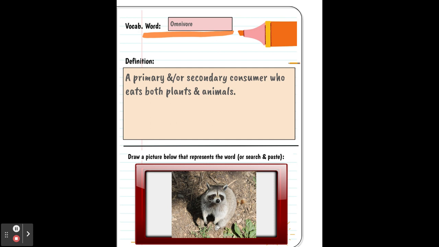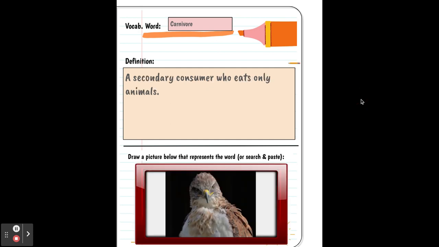A primary and or secondary consumer who eats both plants and animals. So Mushu, the manatee that we adopted at the beginning of the year, is typically classified as an herbivore because manatees dine on seagrasses. But every so often, there's a snail or a crab or something in those seagrasses that gets into the manatee's mouth as it's chomping away, and it, without knowing it, consumes that primary consumer, or decomposer, whichever one it is. So a manatee could sometimes be known as an omnivore, something that eats plants and animals. And then the carnivore